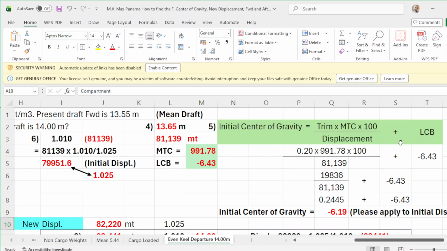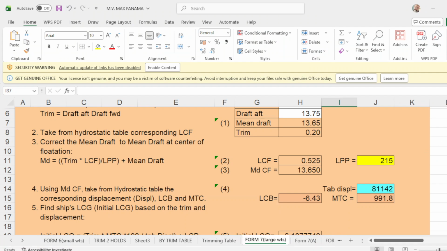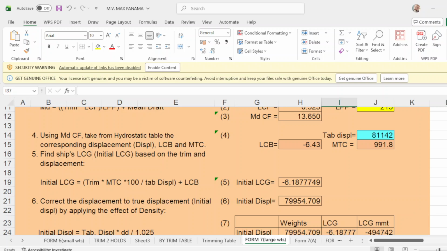Then we go to number 5. Number 5 is to get the initial center of gravity, or your initial LCG. So I go now to number 5, which is to find the initial LCG.